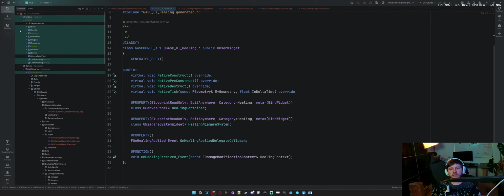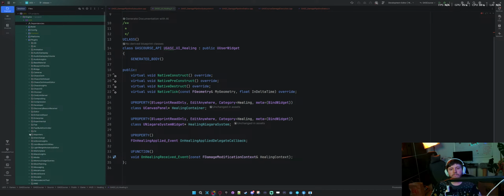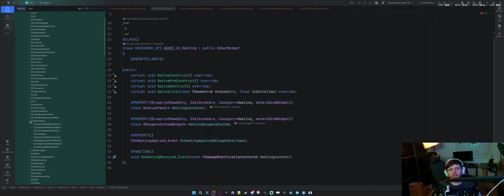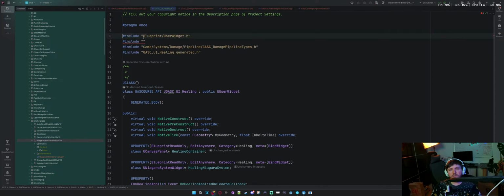Well, let's try adding this thing again. So under plugins, marketplace. Yeah, now we have this Niagara thing, right? There's the binaries and this plugin, intermediate, content, and all that stuff. I don't know what I need to include.